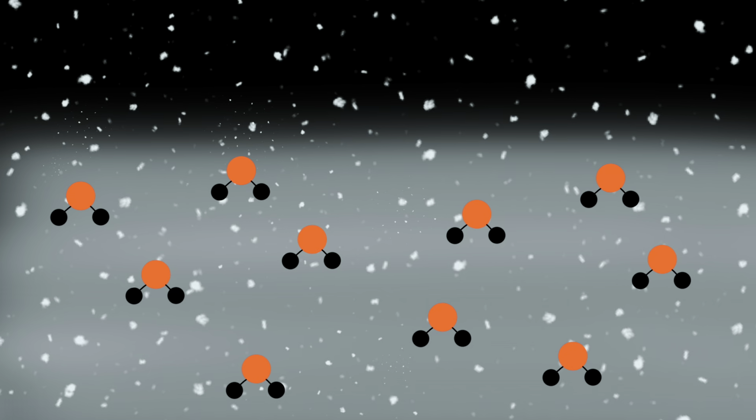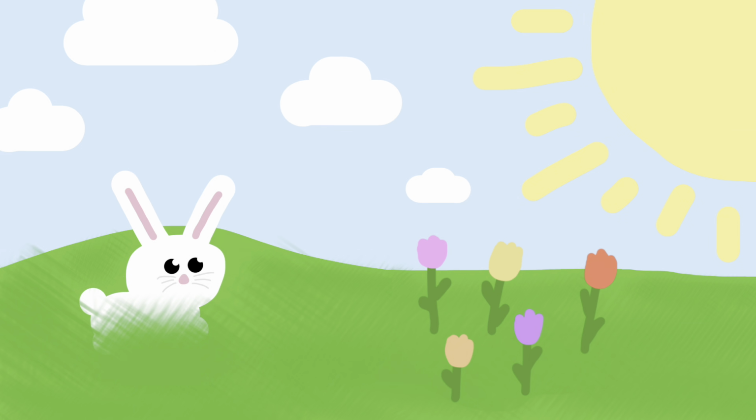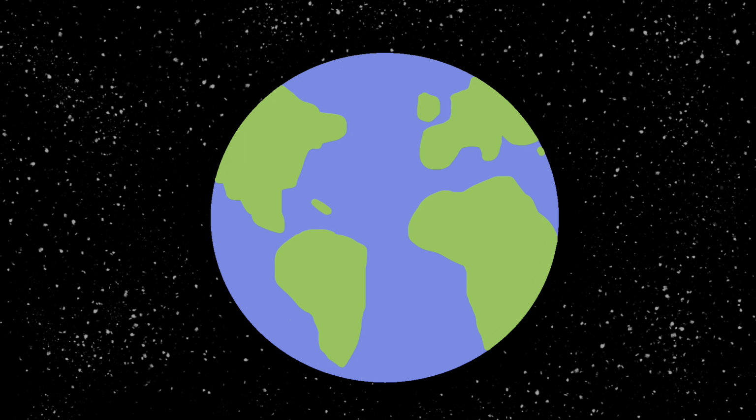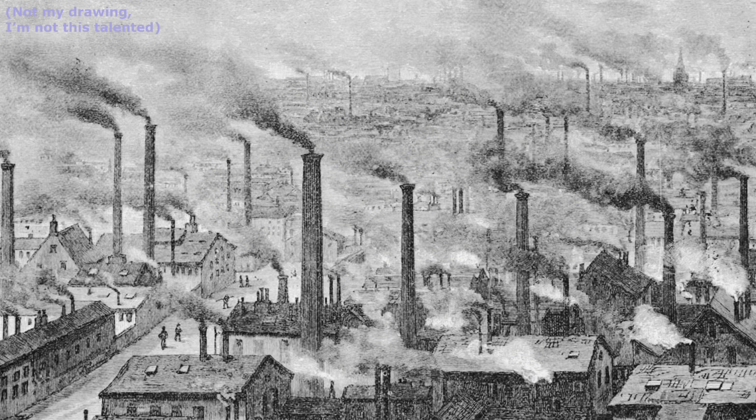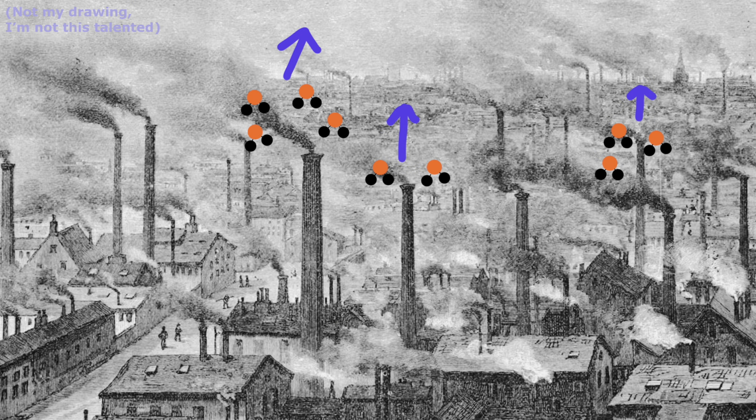Atmospheric carbon dioxide plays a vital role in regulating the planet's temperature, ensuring it maintains habitability for life on Earth. Think of carbon dioxide and other greenhouse gases in the atmosphere as a blanket around Earth, trapping heat on the planet to keep it from freezing over. But since the Industrial Revolution, carbon dioxide levels in the atmosphere have become out of balance, with more carbon dioxide being produced than can be regulated by natural processes.